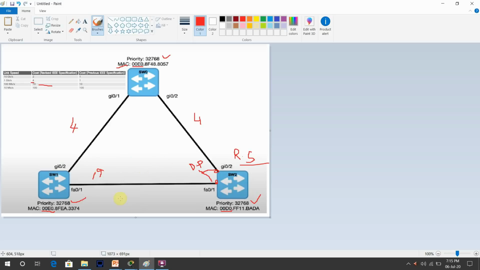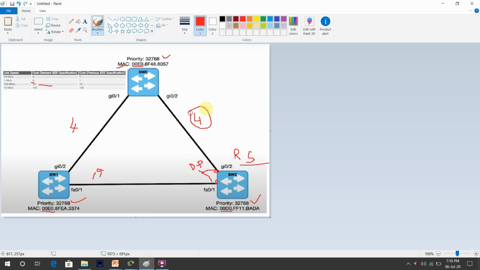So how can we select the root port? The lowest path cost to the root bridge. If you see this port, to reach the root switch the cost is 4 through this link.